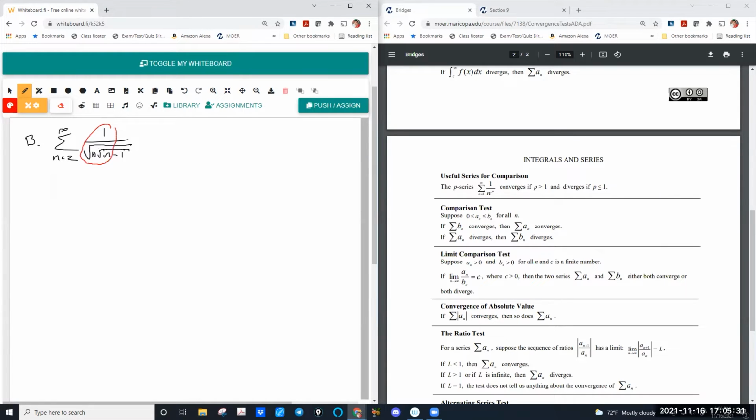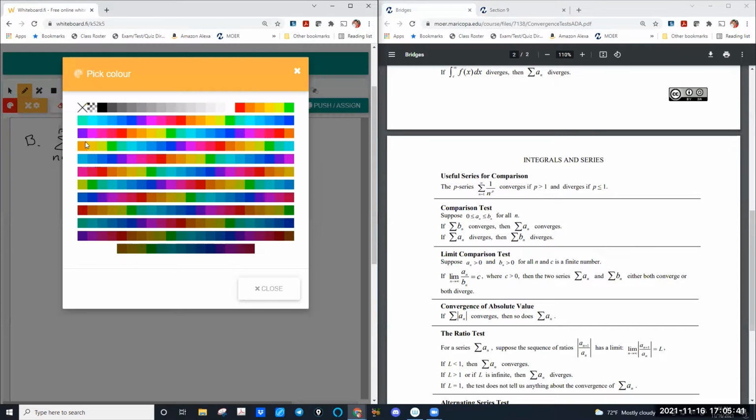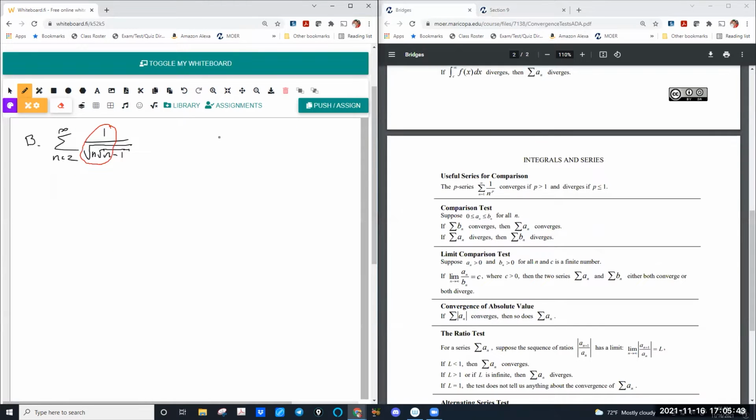So what I'm going to do is I'm going to just focus on the lead terms. These are going to be what makes the difference in this one. All right, so what that tells me is this thing is going to be very similar to the series from n equals 2 to infinity. I'm going to forget about the minus 1. 1 over the square root of n times the square root of n. Let's clean that up a little.